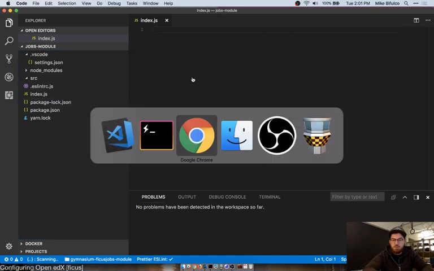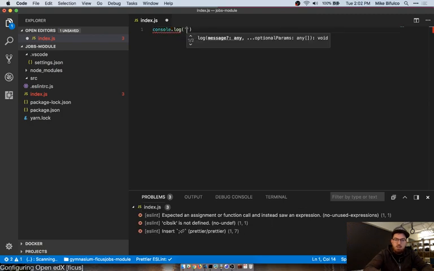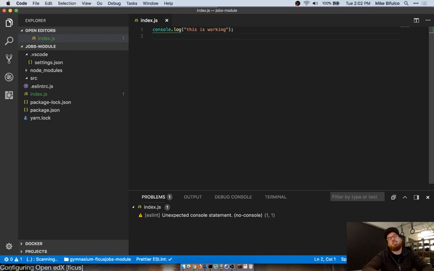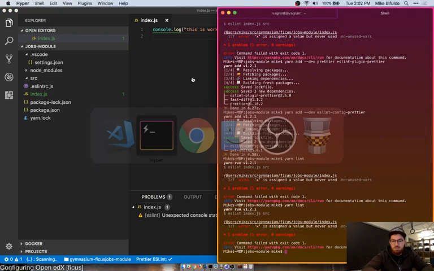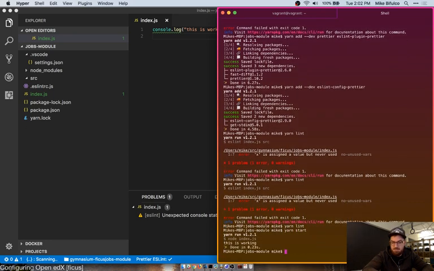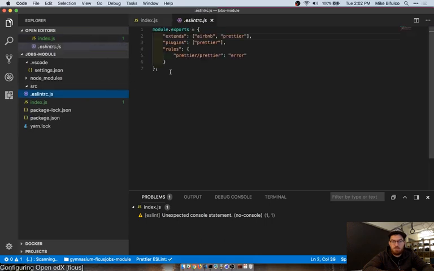So, okay, just to prove to you once again that this is working. This is working. Hit save, it put in a semicolon for me, and that is amazing. Okay, sorry, I'm excited. That actually works really nicely. Great, so it logged my thing. ESLint doesn't like console logs with the Airbnb rules, but I may actually disable that.